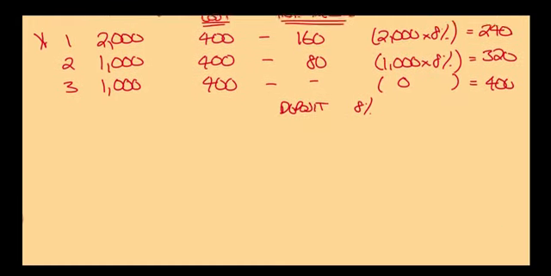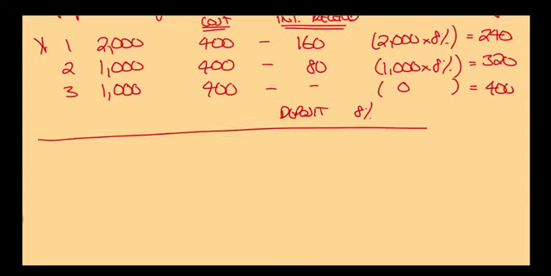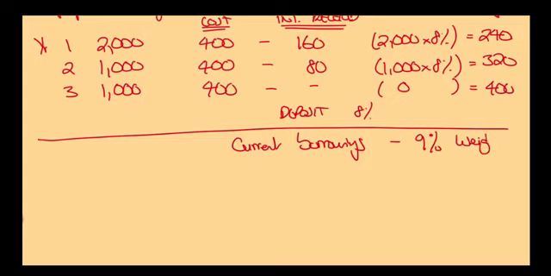Now let's have a look how this changes if we use our current borrowings. And let's say our current borrowings have a 9% weighted average. Remember, I'm not getting a specific loan. I'm not getting a loan now. So in year one, remember I said I spend 2,000. Well, I'm just going to use my borrowings for that. So I'm just going to use the 2,000. So the cost is simply 2,000 times 9%,